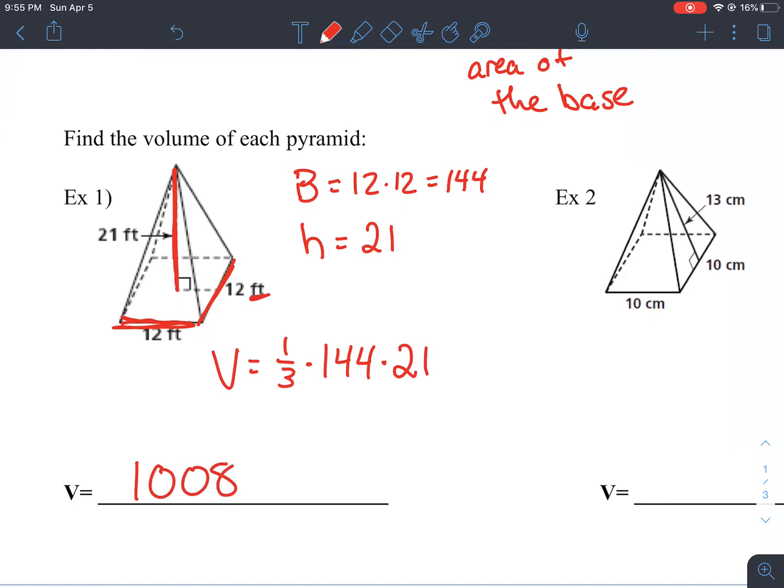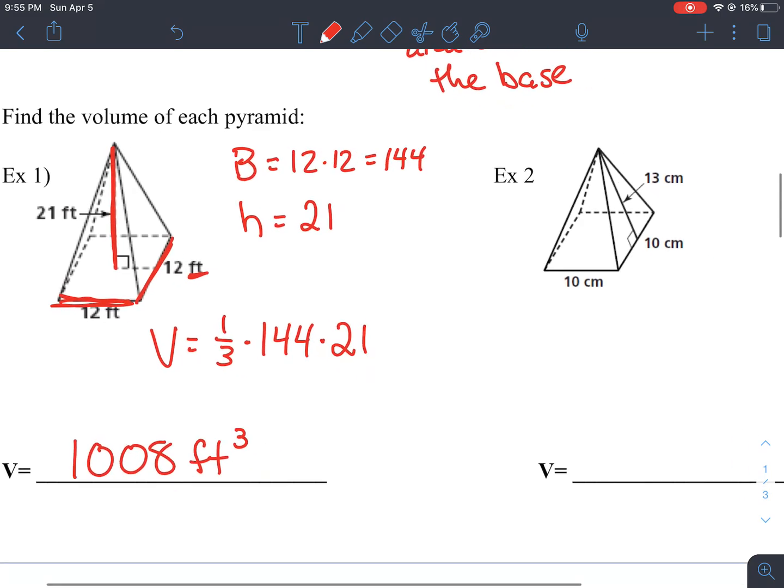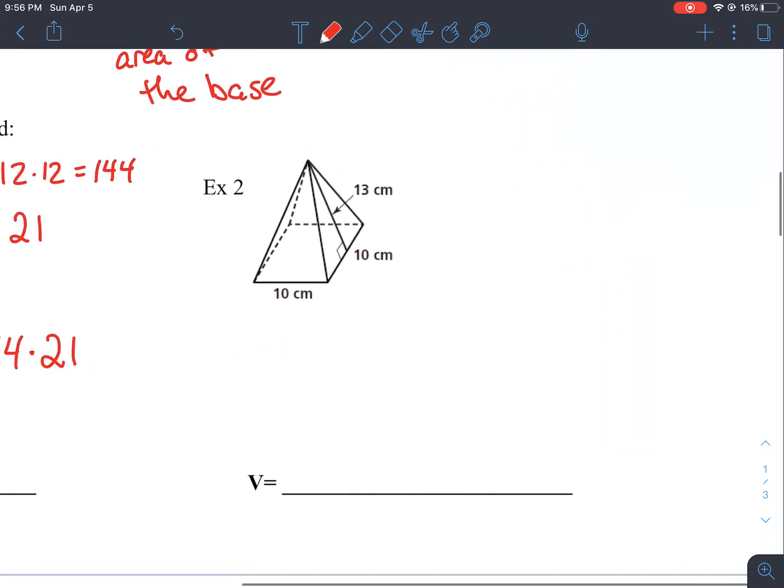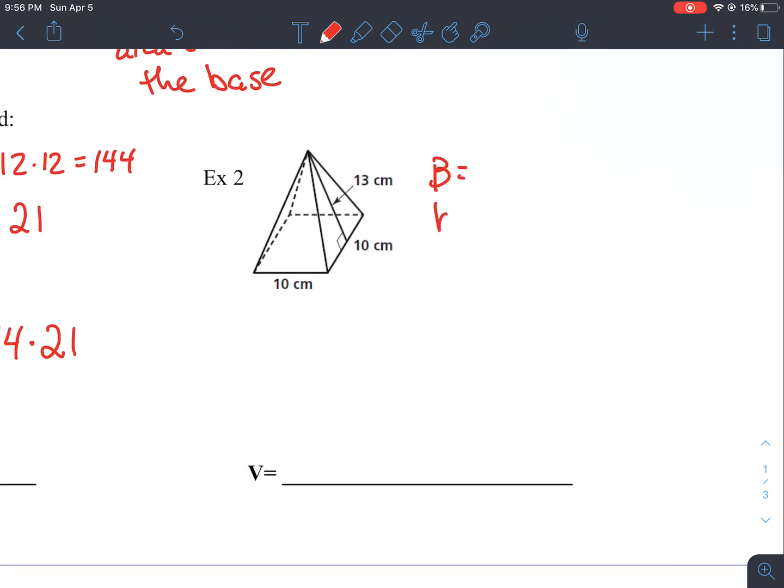Now, our unit is feet, and remember that when we are using volume, we cube our unit. So 1008 cubic feet. Okay. Now, if we take a look at the second example, we need B, we need H, the area of